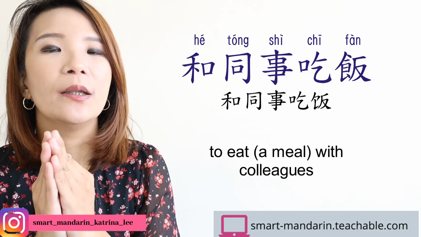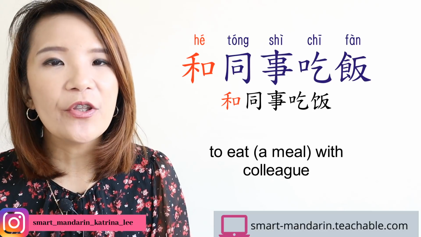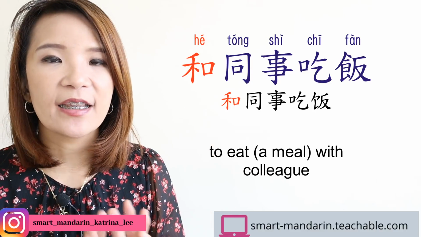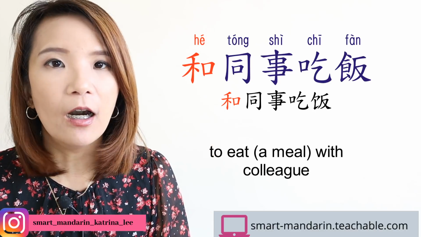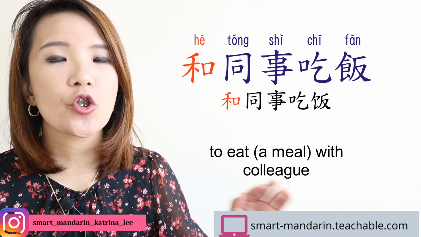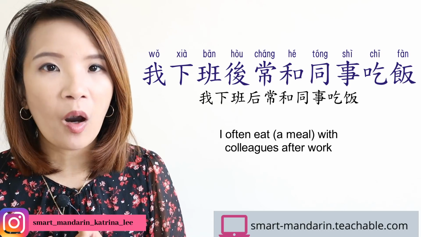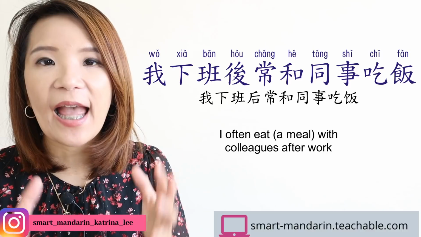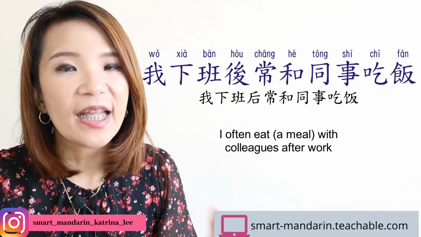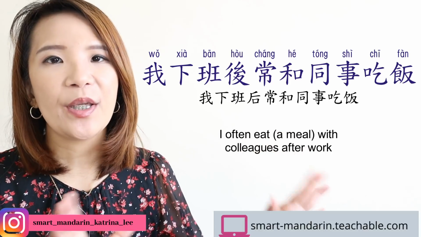Here I would like to point out the pronunciation 和 he second tone 和. It is a pronunciation that is often used in China, but in Taiwan you might hear people say 汉, which is the same word that has different pronunciation. In China it's 和 and in Taiwan is 汉, H-A-N 4 tone. 汉同事吃饭，我下班后常和同事吃饭。下班后 meaning after work. 常 meaning often. Some people will say 常常, but I'm lazy. I omit one 常。我下班后常和同事吃饭。